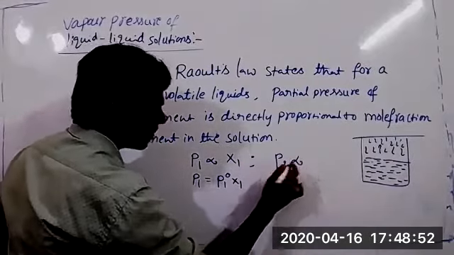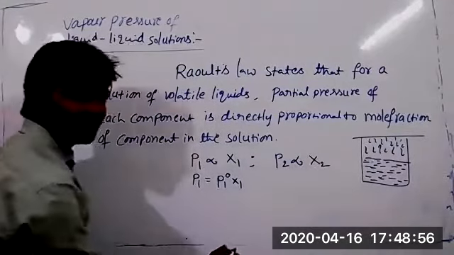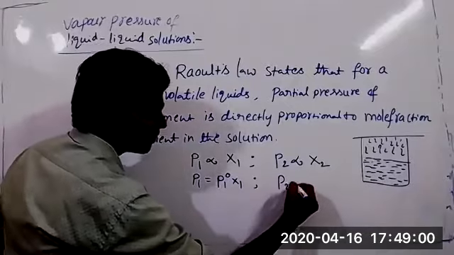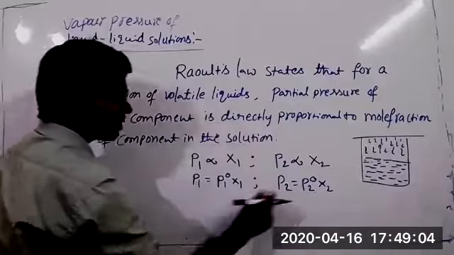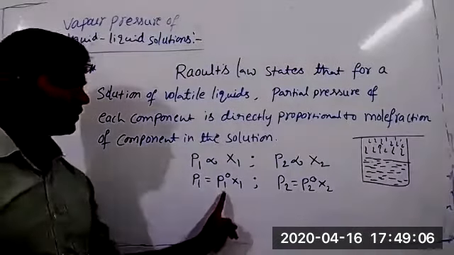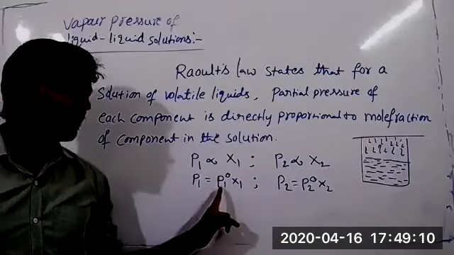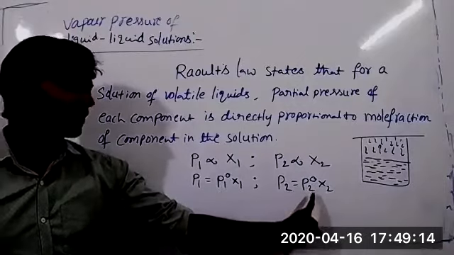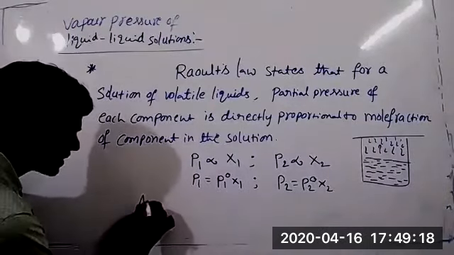The partial pressure of component 2 is directly proportional to its mole fraction. Then P2 is equal to P2 power 0 into x2. What is P2 power 0 here? P1 power 0? Pure component 1. Vapor pressure of the pure component. Vapor pressure. So, according to Dalton's law,